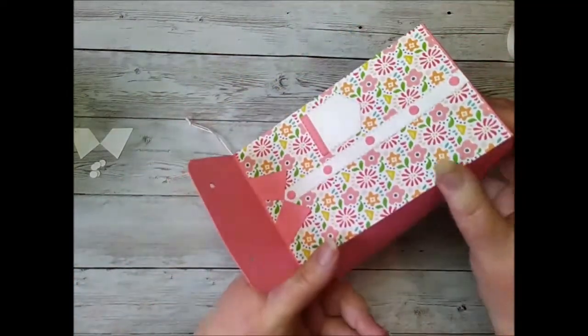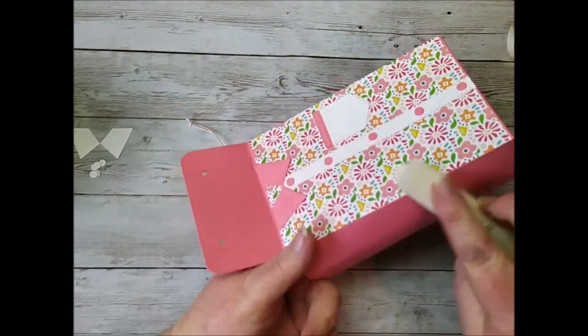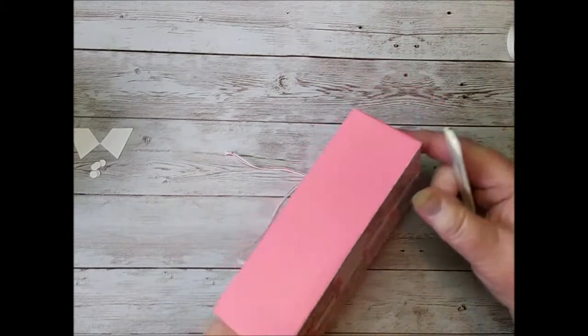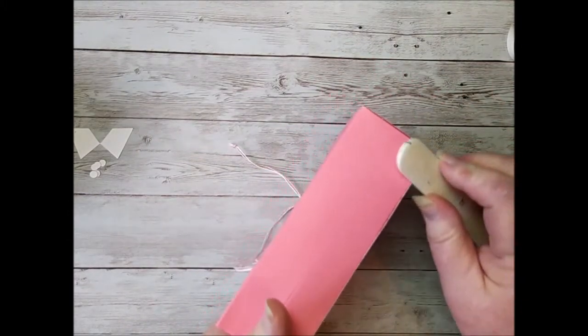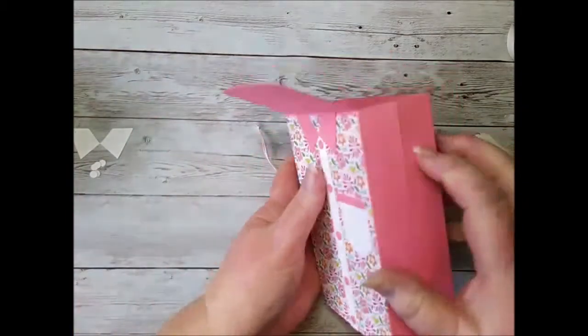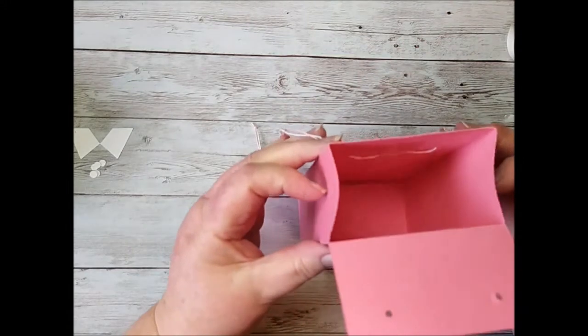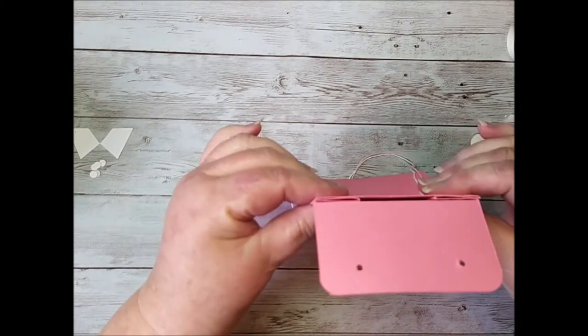Just rubbing the sides of my box here a little bit because I don't want to see the reverse of my designer series paper. I want that just to sit nice. Then we've got those little score lines that we've done on either side. We can push those in, close our box,